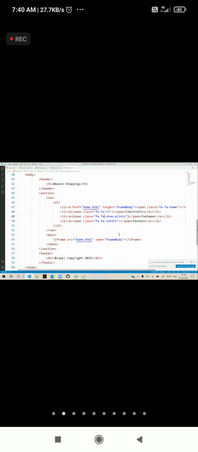So target can be blank or it can be the name of an iframe, so it will open the target in that particular iframe. It specifies where to display the target URL. It can be a tab, it can be a window, or it can be an iframe. These are the options we have.